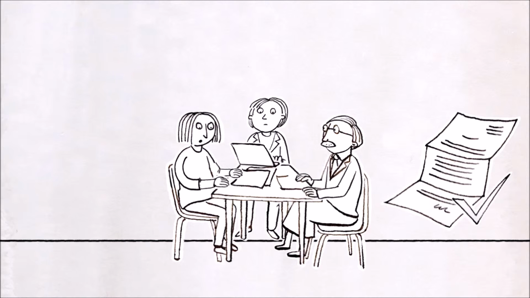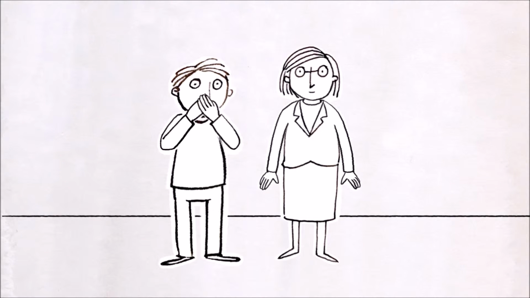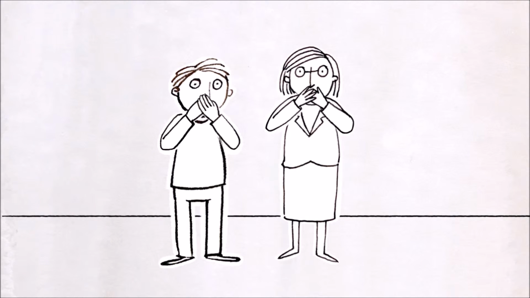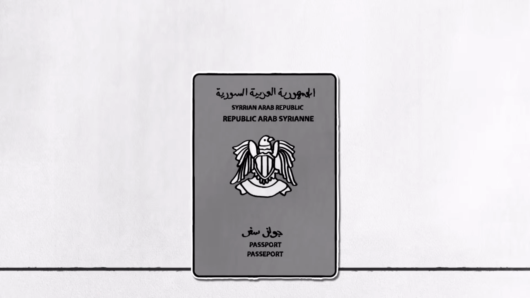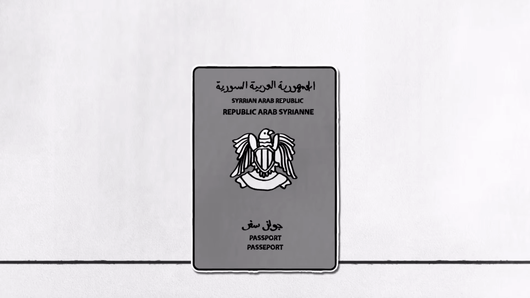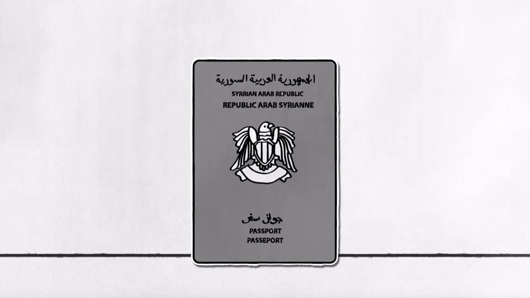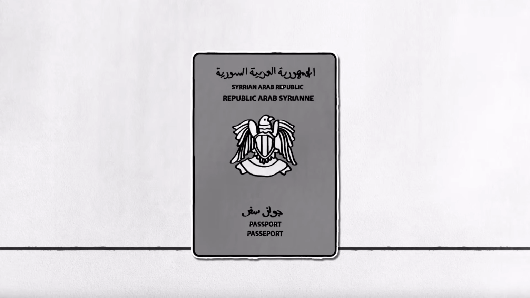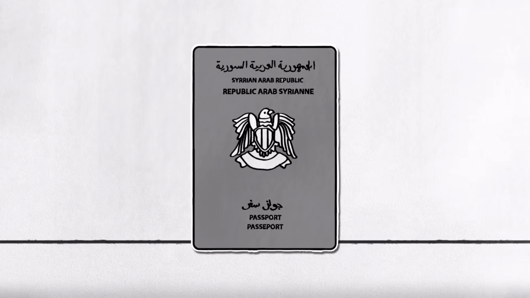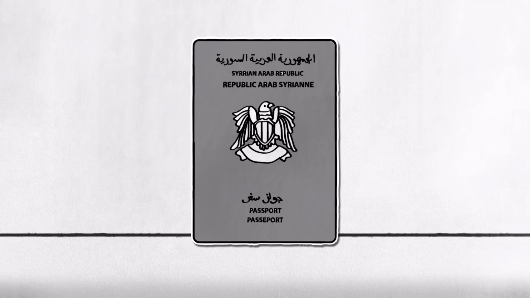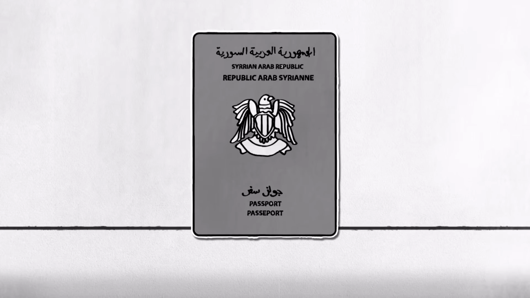Any information you share is confidential. No one is allowed to share anything you say. If you have a passport, you have to submit it to the Greek Asylum Service. You will get a receipt that says your passport is with the Asylum Service. It will be kept in your file until the Greek Asylum Service is finished with your claim.